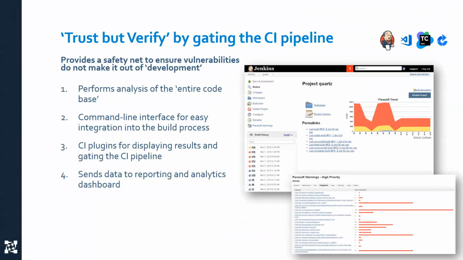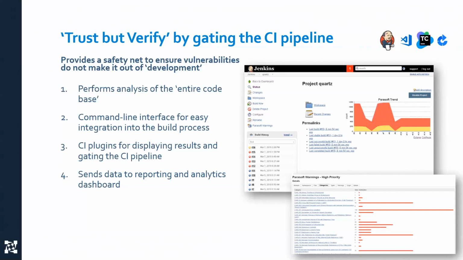Yes. Thank you. Okay. As I mentioned earlier, Wilhelm just showed us the IDE workflow, how the developer can very quickly execute analysis in the IDE. But as I mentioned, we don't want to gate the checking in of code based upon the developer's IDE-based workflow. What you want to do is implement a trust but verify approach to DevSecOps. And actually, this was the advice out of the SANS Institute State of DevOps paper that they published earlier this year. In essence, enabling your development team to move forward.